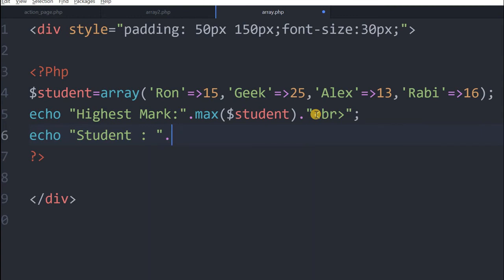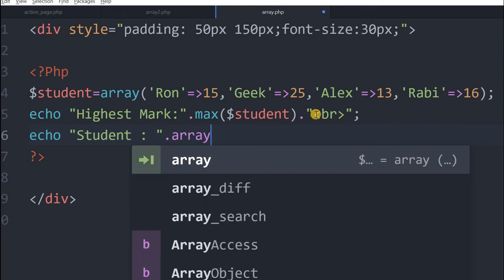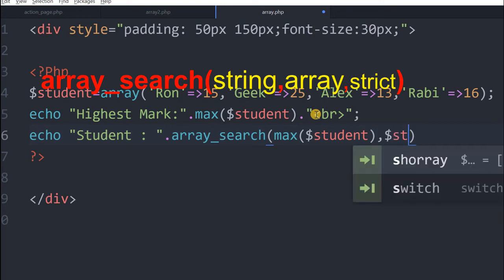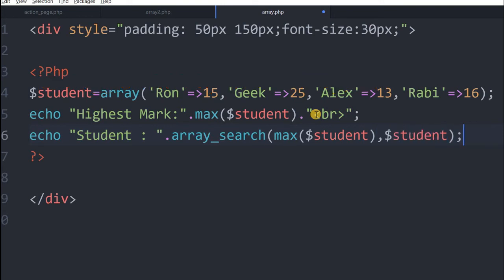I will use array_search. Inside that, max. I will get the max value from student, and array_search will search again in student. The max student will give me the maximum mark, and this array_search will take that maximum mark and pick up the student who got it, that is my key or index.